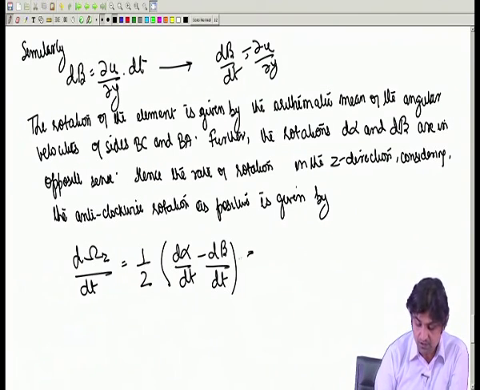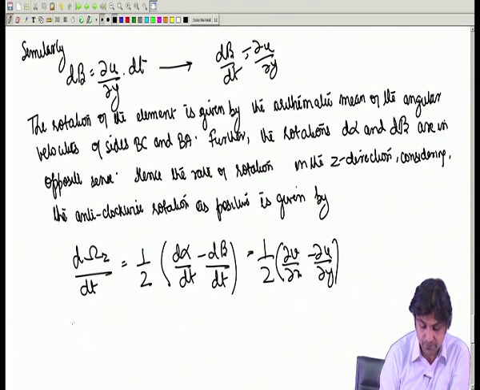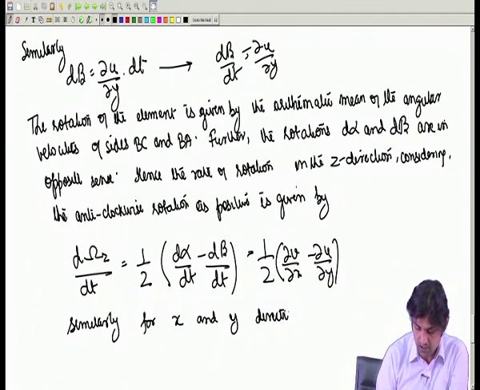So, we can simply write d alpha by dt is del v by del x, and d beta by dt is del u by del y. Similarly, for x and y directions,